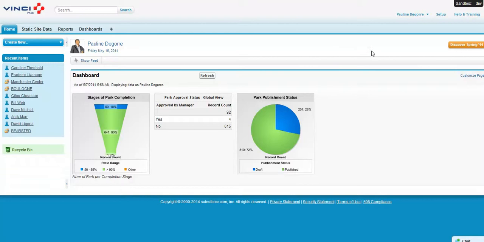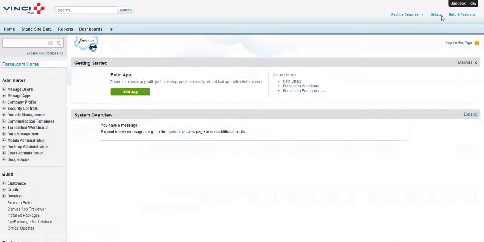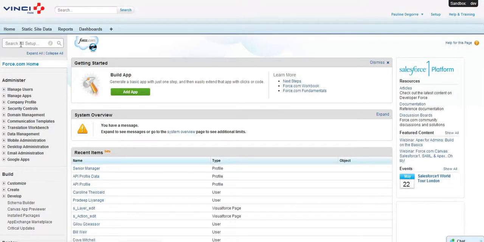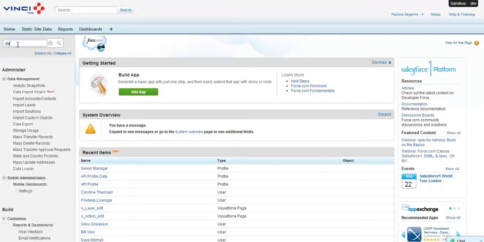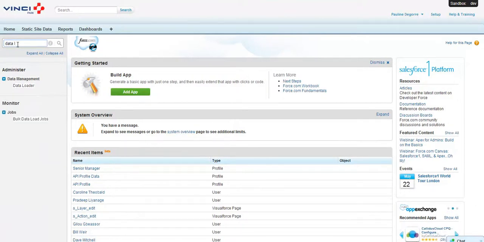When you are on this environment with my user, you go to setup, this hyperlink here, you click on setup, and from this page, you have a search field in which you just enter Data Loader.